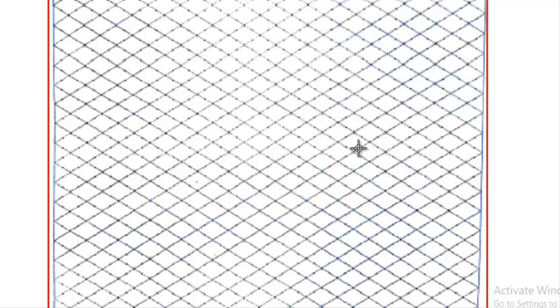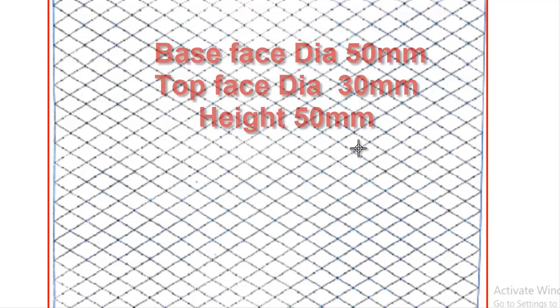Coming to the next, now we will discuss the construction of the frustum of a cone. The frustum of a cone. When it comes to the frustum of a cone, here we will get, as usual, two faces, top face and bottom face, and here the diameters change. For example, here I will take the example: draw the isometric view of a frustum of a cone of base diameter 50 and top diameter 30, and the height, the distance between top face and bottom face, we can take 50. Okay, let me start it here.